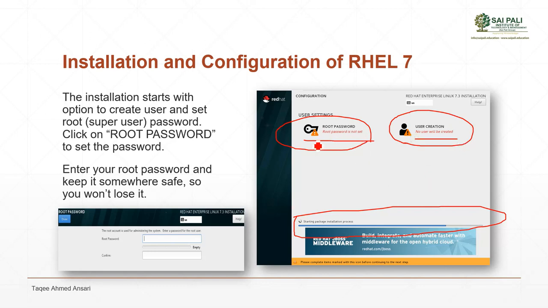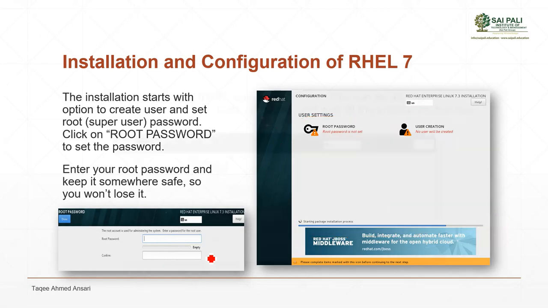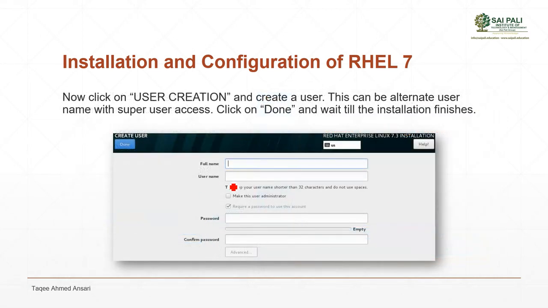So first, what do you do? You set the password for root, that is necessary. Give the password, retype the password, and then you have to create a new user account. Remember, when you install graphical, as I said, it will force you to create a user account. So you click the user account option, then you give the full name, username, and then password, retype password, and then done. Done, it is created.